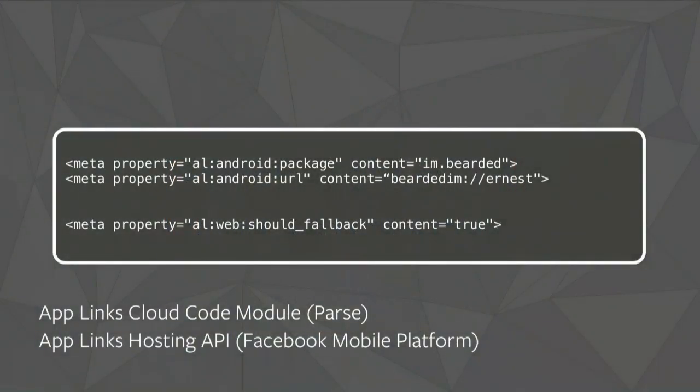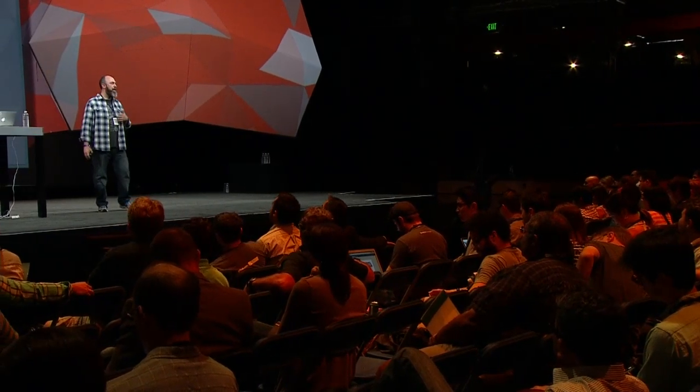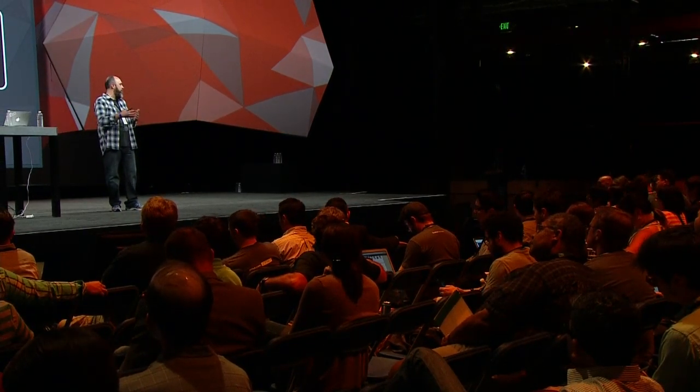The second is the AppLinks Hosting API, which is designed for Facebook integrated applications and makes it easy, again, for you to just host a link using Facebook's technology, and then you can redirect the individual links as needed if it does happen to be viewed in a browser to maybe a Facebook page advertising your app or some other content that would make sense if you're outside of the mobile setting.